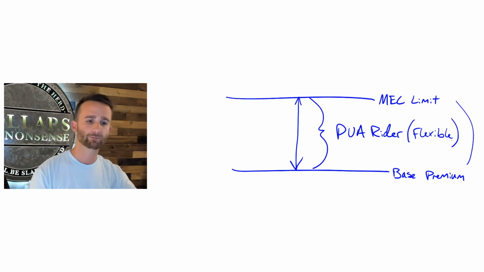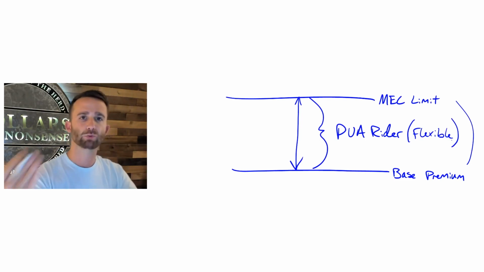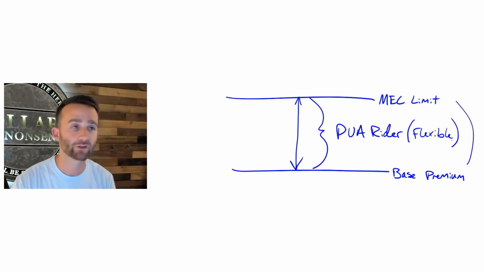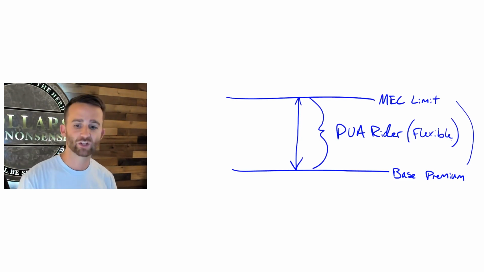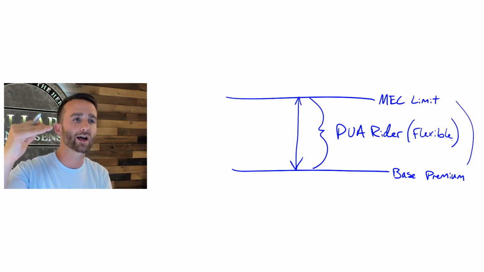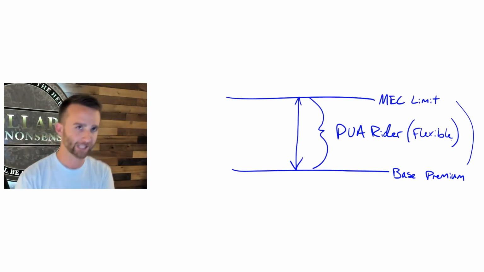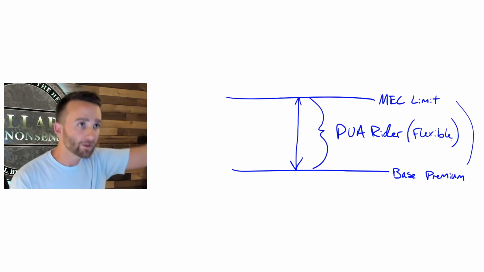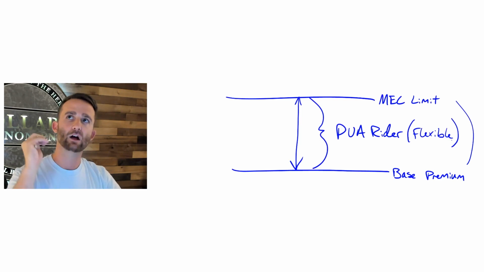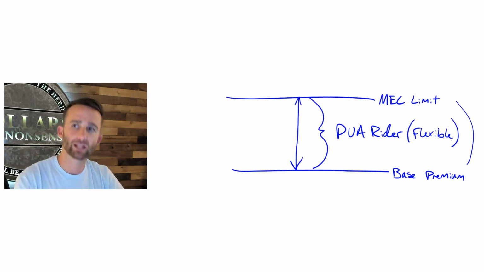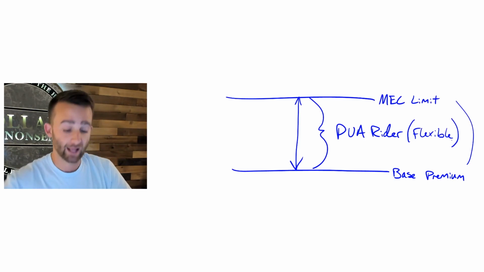Let's assume somebody wants to put in $50,000 of premium a year. That could be a big number to you, that could be a small number to you. It doesn't really matter. And so they're going to put in $50,000 a year, let's say, of premiums to a policy. The question is, where inside of this window does that number fit? Is that the base premium? Is that the MEC limit? Is that somewhere in between? Let me put it this way. How do you build a policy that is the most cash rich that you can get it? And the answer to that is